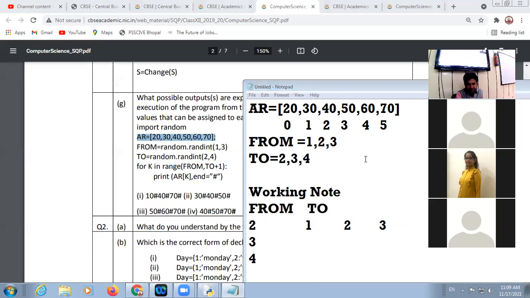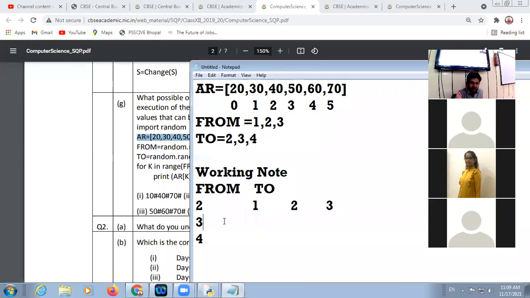The same case, अगर आपके पास from 3 है तो 2 आपके पास सॉरी 2, 3, 4. तो आपके पास again it may be 2, 3, 4.